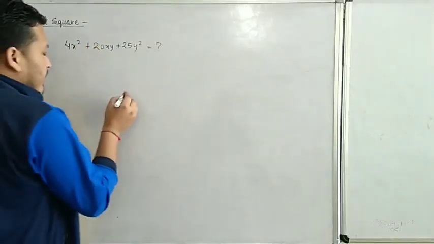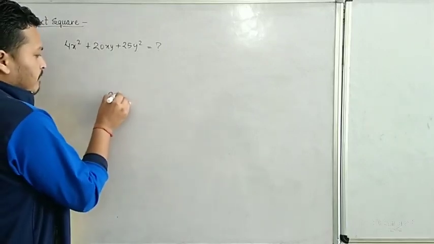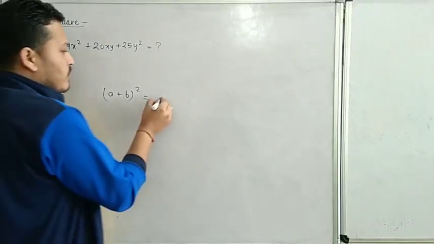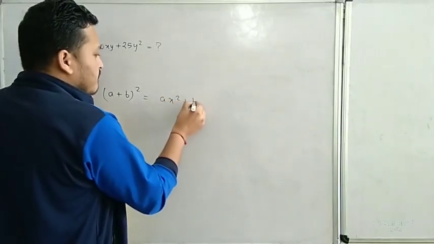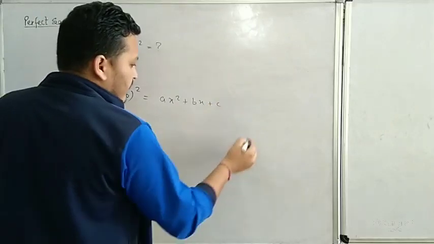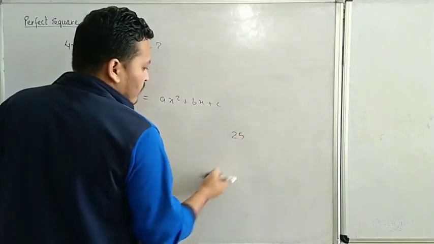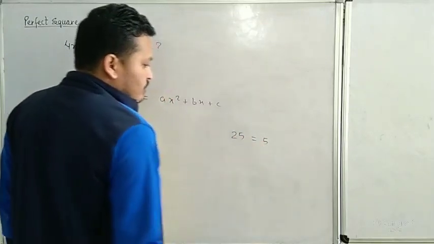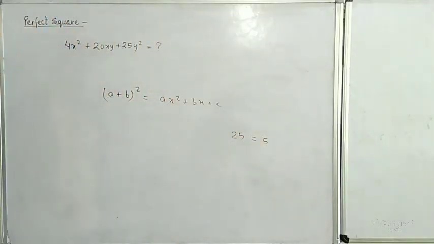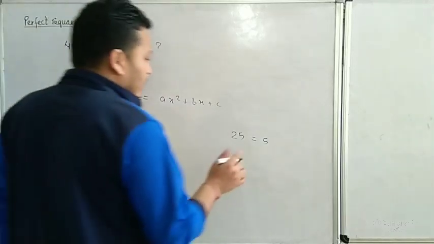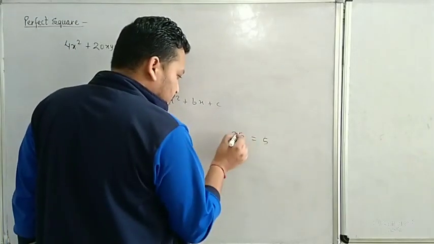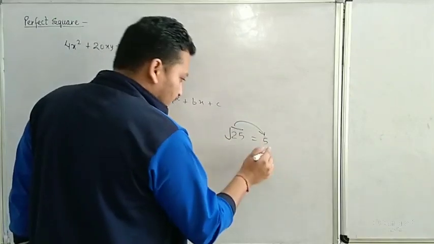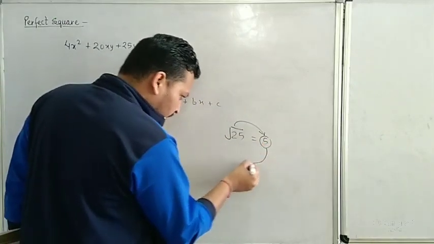तो एज यू नो दैट a plus b whole square is equal to ax square plus bx plus c. Okay, यहाँ पे मैंने बताया था कि 25 is a perfect square because its square root is equal to 5. तो यहाँ पे फाइनली स्टेटमेंट बोलेंगे कि इसका स्क्वायर रूट एक्यूरेट नंबर बन रहा है. The square root of 25 is a whole number. तो फाइनली वी कैन से दैट दिस 25